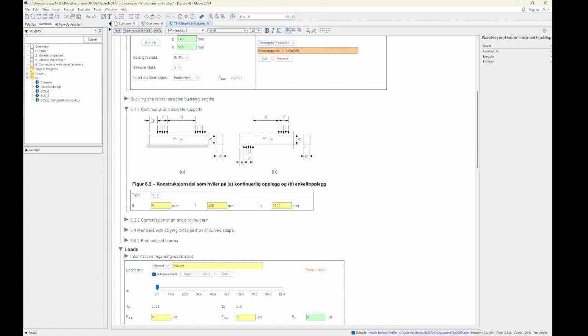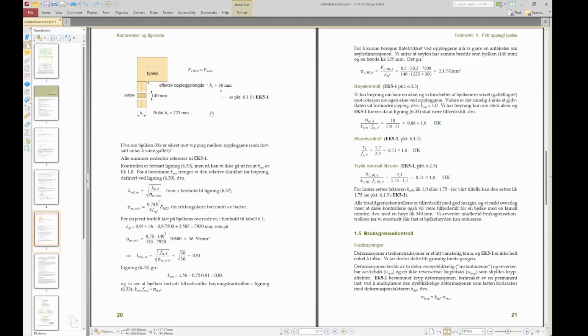We do also need to check the continuous and discrete supports, which means that we need to check this part of the system. So we need to check the compression perpendicular to the grain. So the effective length is going to be calculated by the program, while the column of this system needs to be